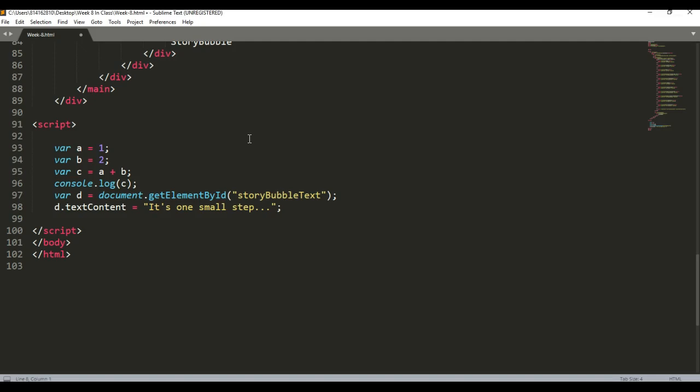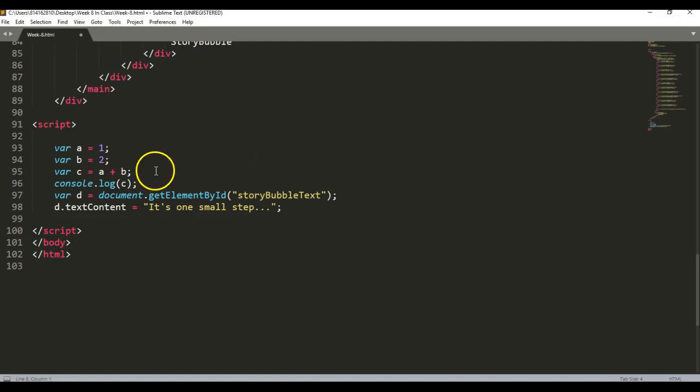There have been occasions where I've done my JavaScript at the top and I'm referencing something that hasn't rendered yet. And it's going, I don't know what to do. I'm going, it's right here. I don't know what to do. It's the way it works. Okay, so